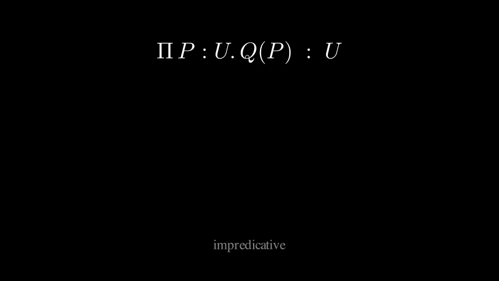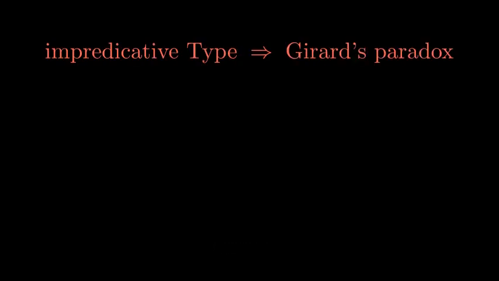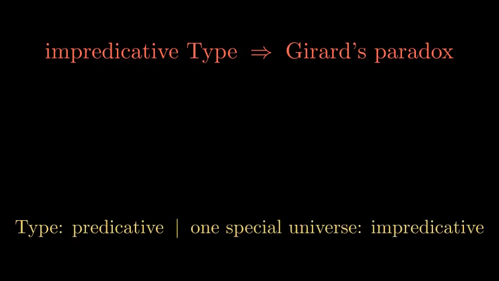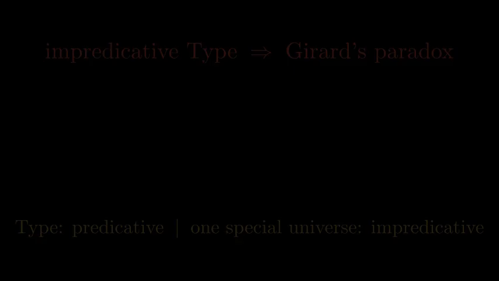The bold answer is impredicative. Even when you quantify over every element of u, the result still lives in u itself. That sounds dangerous. Girard's paradox lived in exactly this kind of self-reference. For Type universes, it really is dangerous. The standard fix is to keep every Type level predicative and reserve impredicativity for one special universe.